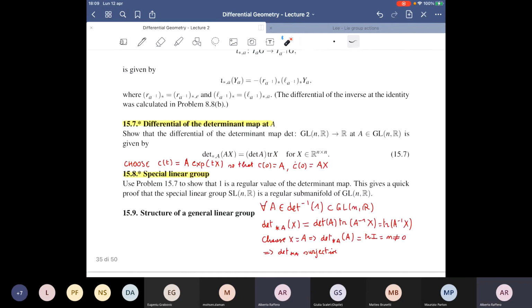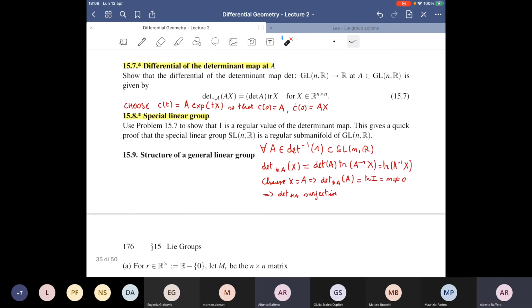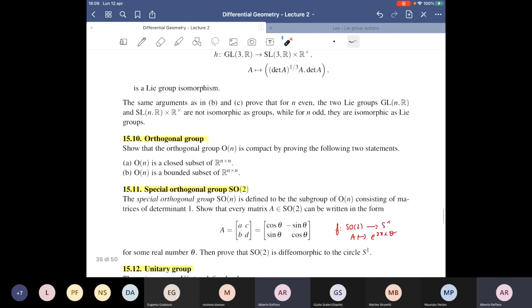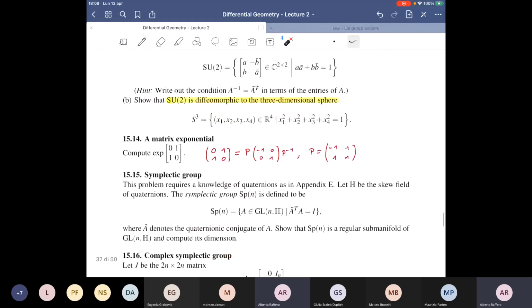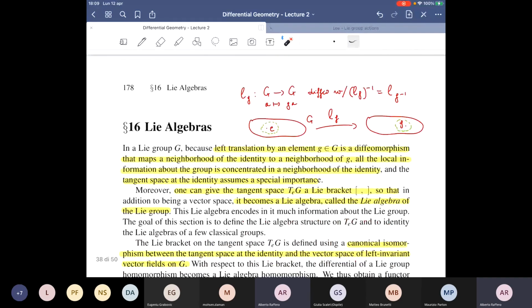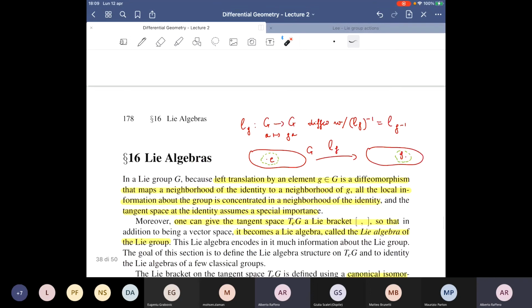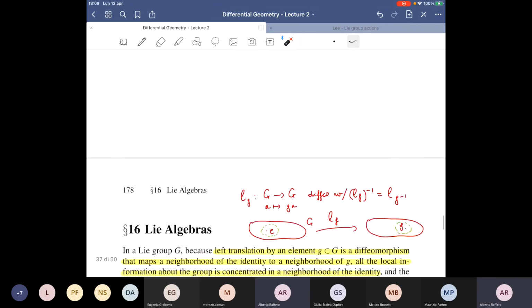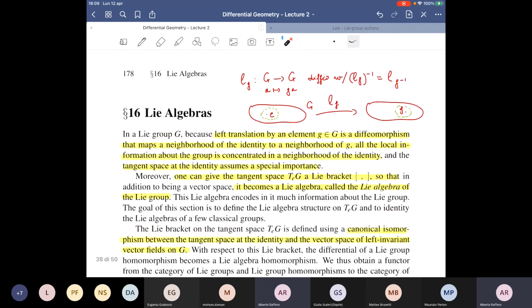Here then there are some exercises you could try to do, but I think that I can skip this and then finally move to the last part, since there is not so much time. So let's define at least what the Lie algebras are. Again, of course, you can see every comment here in the PDF when you receive it.